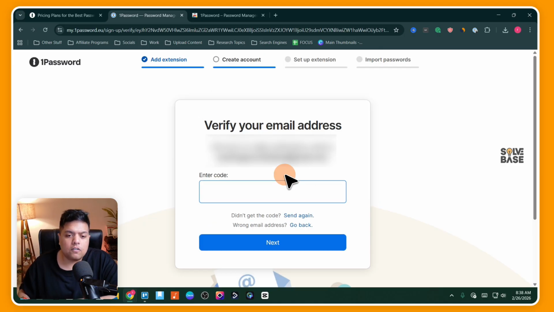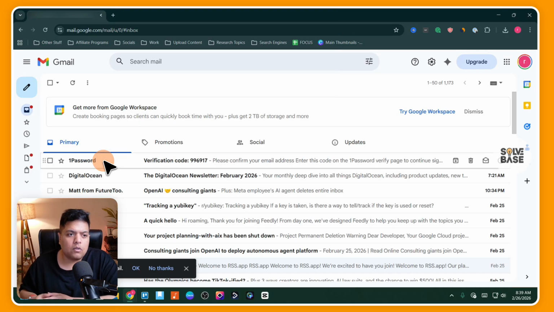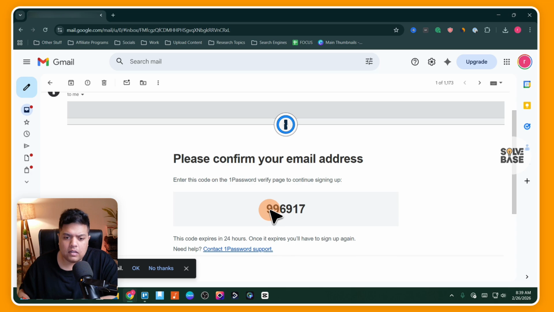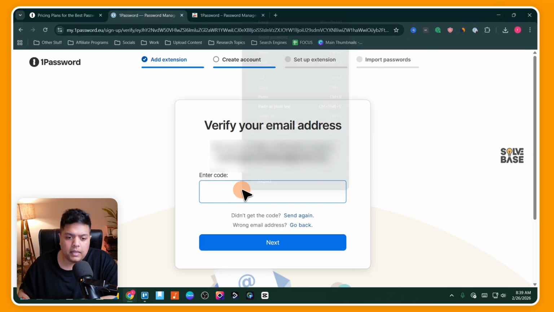Next up, it's going to ask you for a 6-digit verification code on your email. So over here on my Gmail, I will find that they have sent me this email here with the verification code. So we can go inside it and we'll see this verification code here. I'm going to copy it, right click copy and right click paste, or you can Control C and Control V